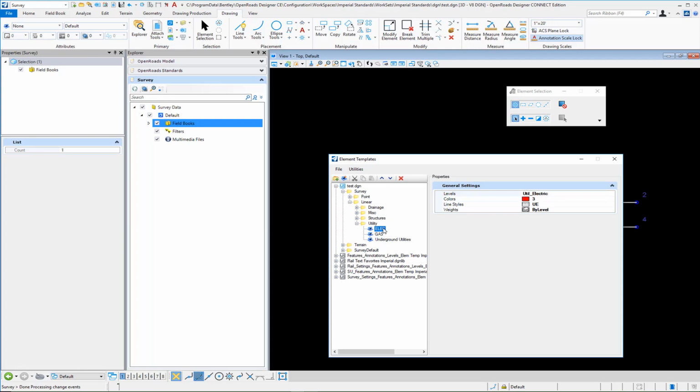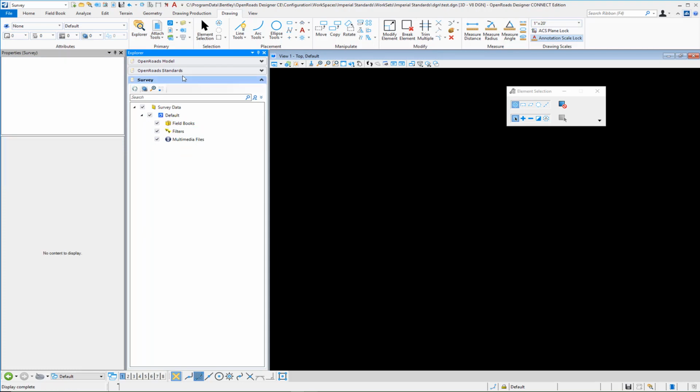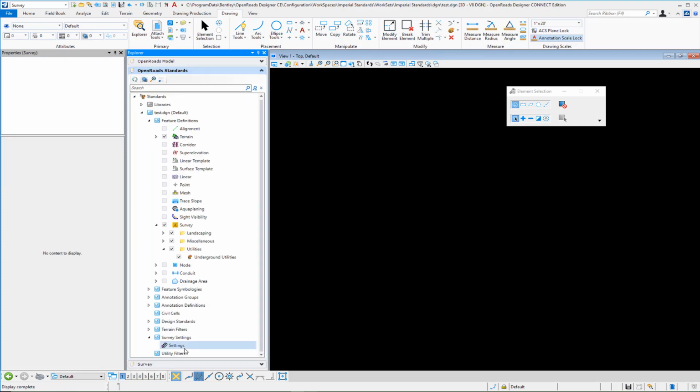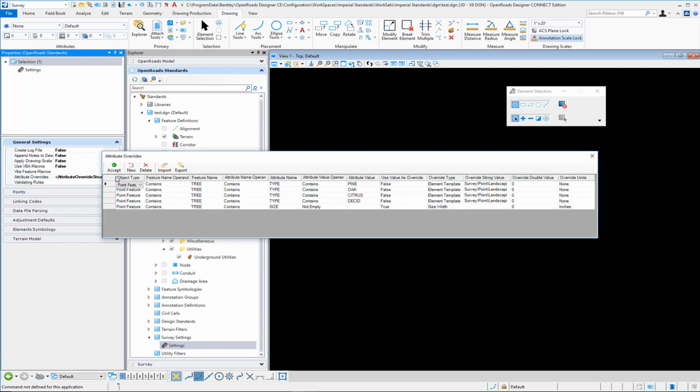Now I've set up 2 additional element templates, one for electric, where I have that set to its proper level and color and line style, and then I have one for gas, and again I'm doing the same thing, setting it up appropriately. So now before we can map this, let's go ahead and delete our field book that we just created, and then go back to our standards of our survey settings and go back to our attribute values here. What we're going to do is we're going to add a couple of new entries. And so I'm going to select new,